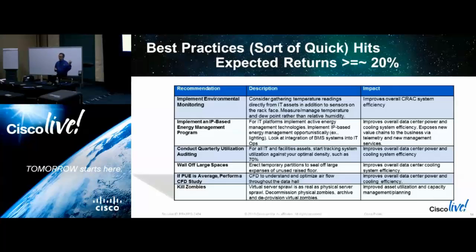And it's going to also help you, and we have a number of tools and ways to do this, for the second point on this slide, being the energy audits, the consumption and utilization audits, regularly, quarterly, whatever makes sense in your shop, depending on your size and growth. Conduct audits of the IT loads so that you understand how much they're being utilized. Is it being as utilized as they said it was going to be? Is it growing as fast as they said it was going to when they put it in? Is it faster, slower? Is it an opportunity for further density, consolidation, automation? Is it something that says, I've got a red flag, I better figure out how to grow this puppy?